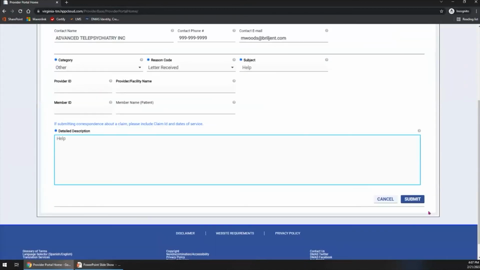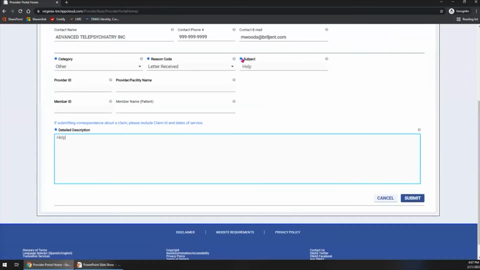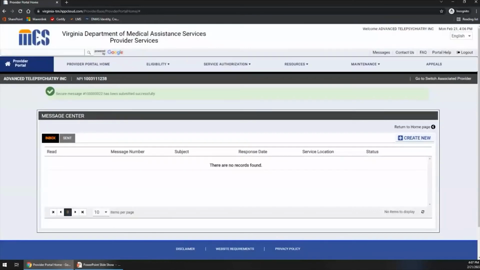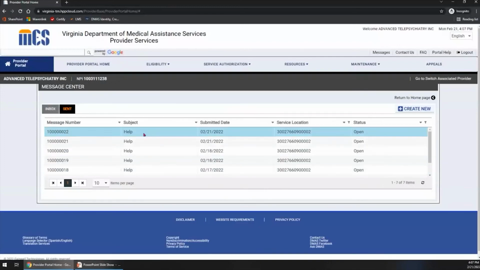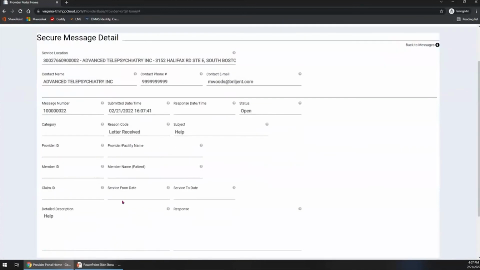And anything with a blue asterisk in the left-hand corner is a required field. Once we have all of our information entered, we would go ahead and click Submit, and a confirmation message appears. To view our message, we would click Send, and our message was right here in our sent box, the message